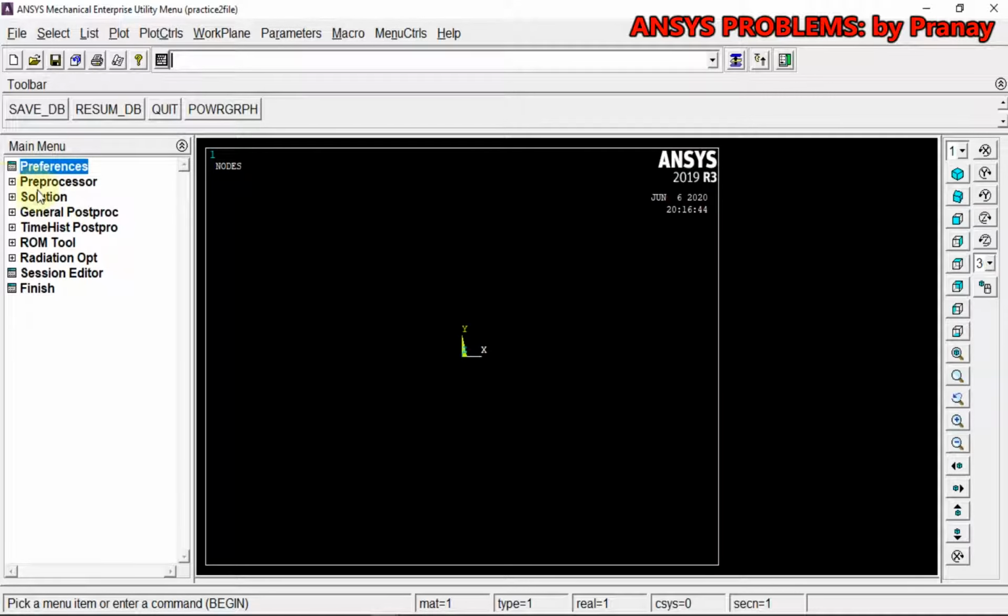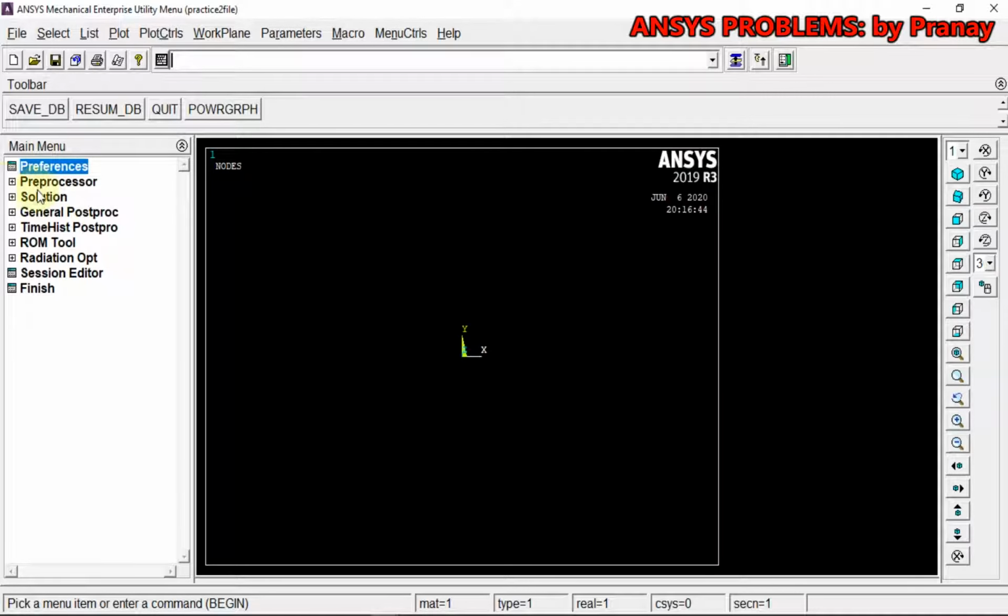In modeling, in the previous video we directly created nodes and elements, but in this video I'm going to show you how you can create keypoints and lines, and later mesh it into different types of elements, with the number of elements that you want. So we are going to get that many nodes, using this procedure.